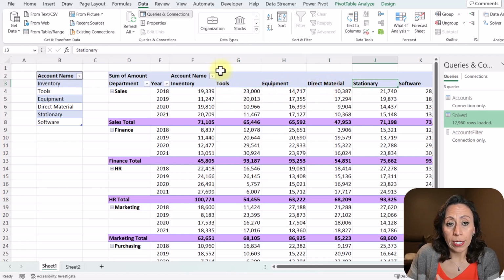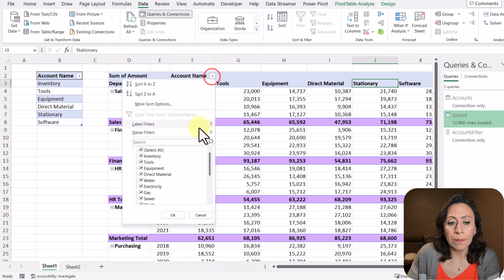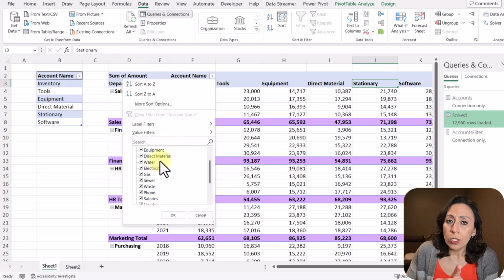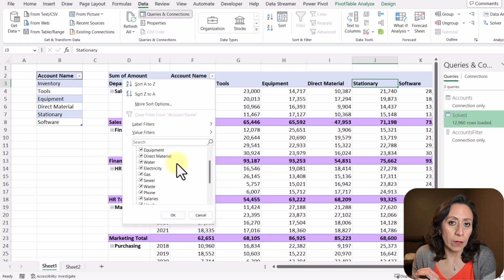And why do I do this? Well, I was working with a team who was finding it a little bit hard to find all the items that they needed to have in the pivot table, find them in the list that we have here in the filter. And also, they couldn't see right away which account names belong to a specific category until we used Power Query.